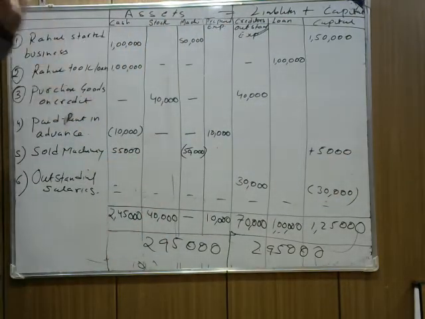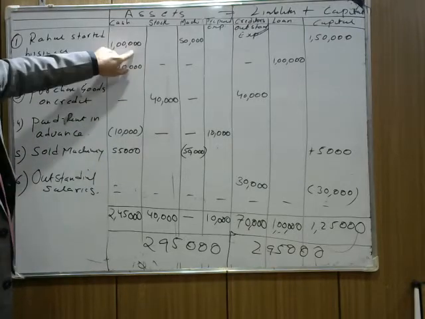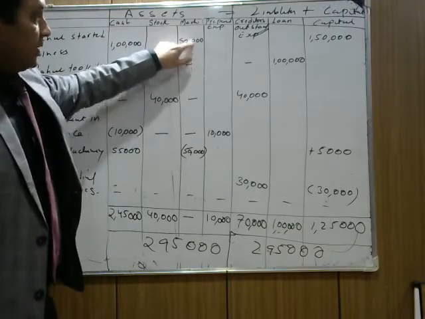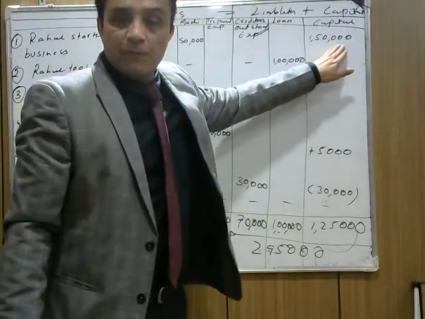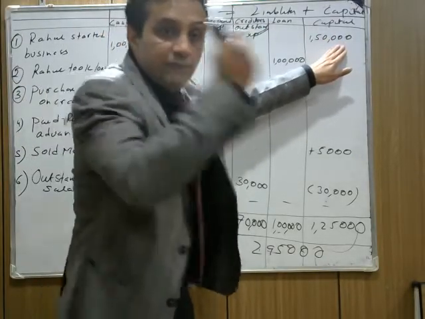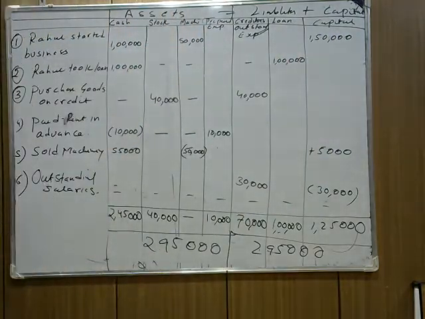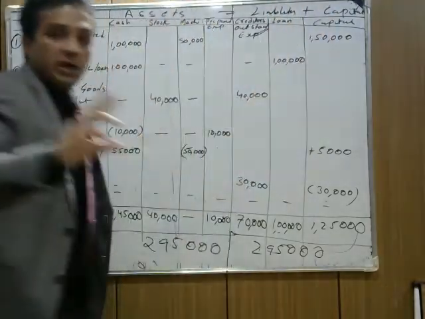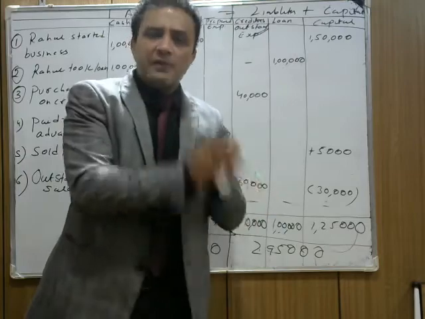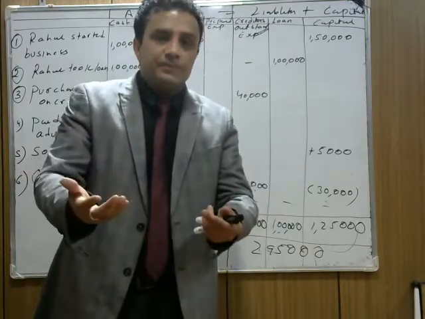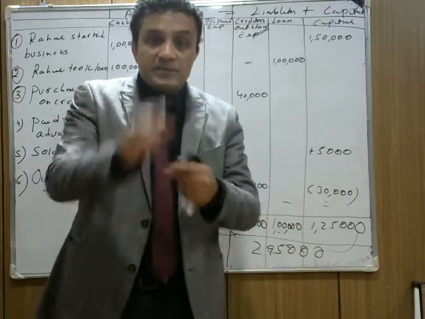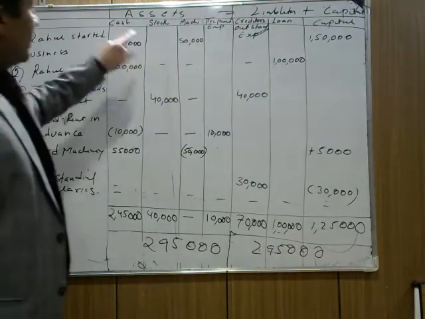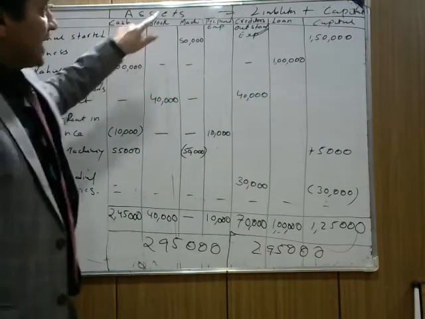Rahul started business with cash, you know that. When he started business with cash and machinery, your asset increases because the business got cash and machinery. ठीक है, total business का 1,50,000, तो your capital is 1,50,000 because you invested this in the business. So when Rahul started business in cash, this transaction affects asset as well as capital. Every transaction has a double effect, minimum double effect. There are some transactions which have triple effect also. हमने भी किया था. So understand them. Which transaction affects assets, liability and capital? The first transaction, when Rahul started business with cash and machinery, affects the asset as well as capital.